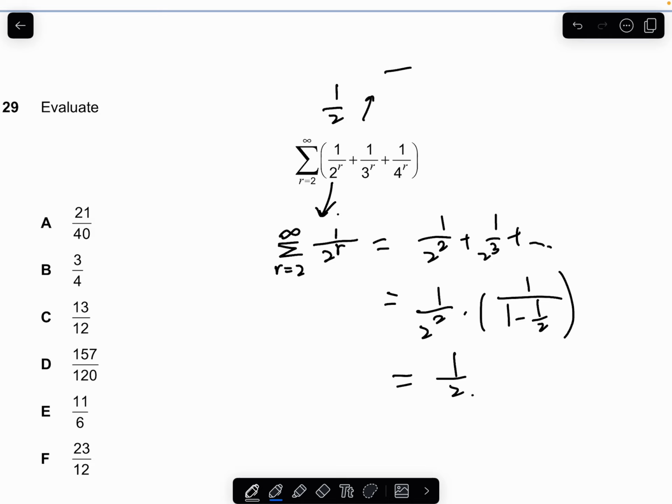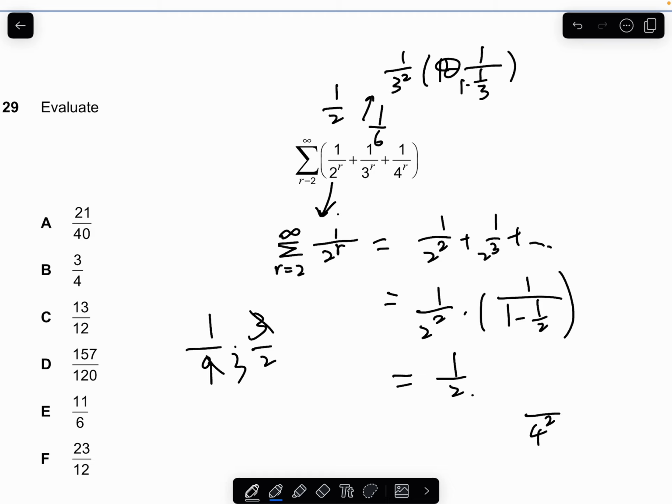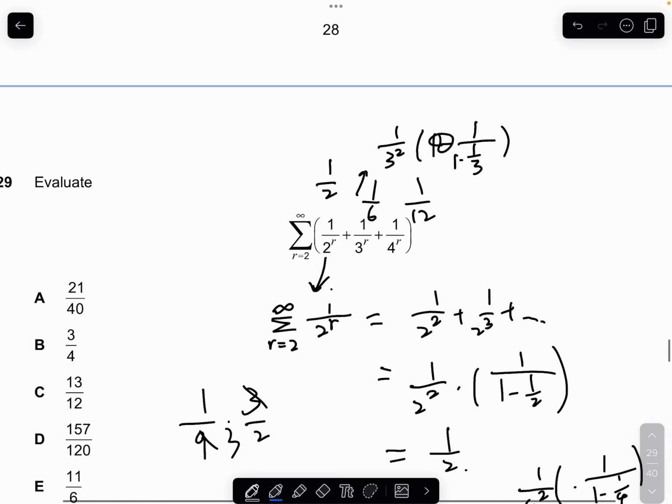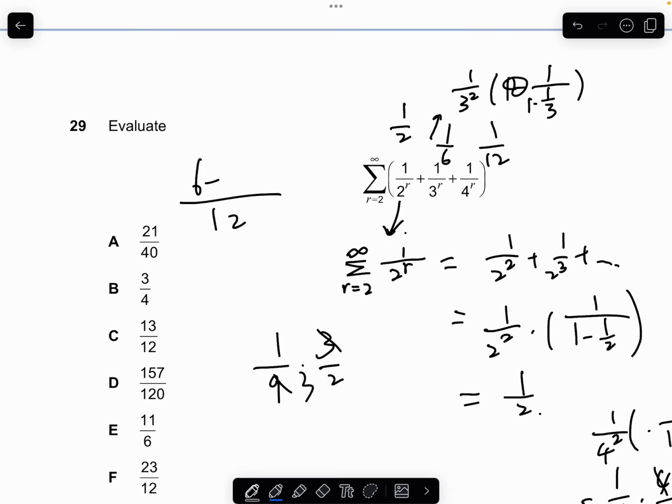This is so this 4 we have, adding them together, we got